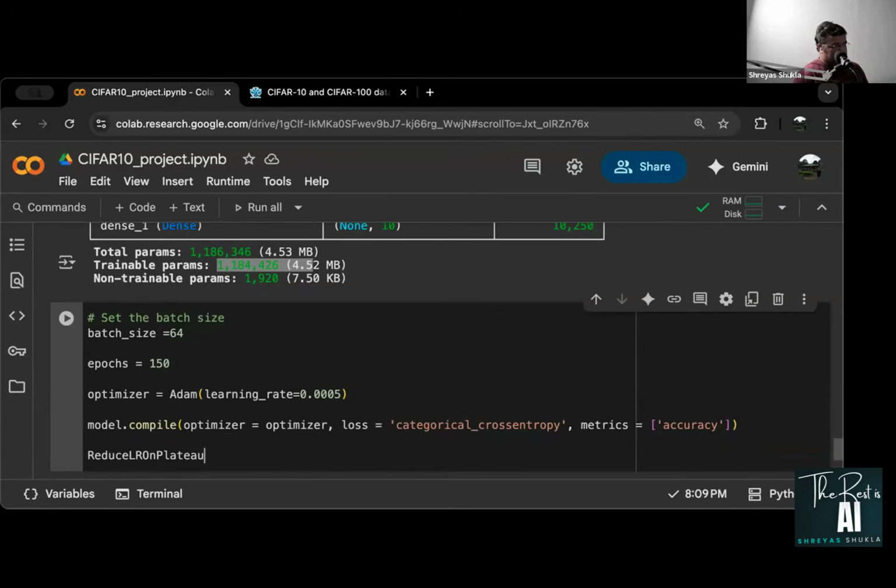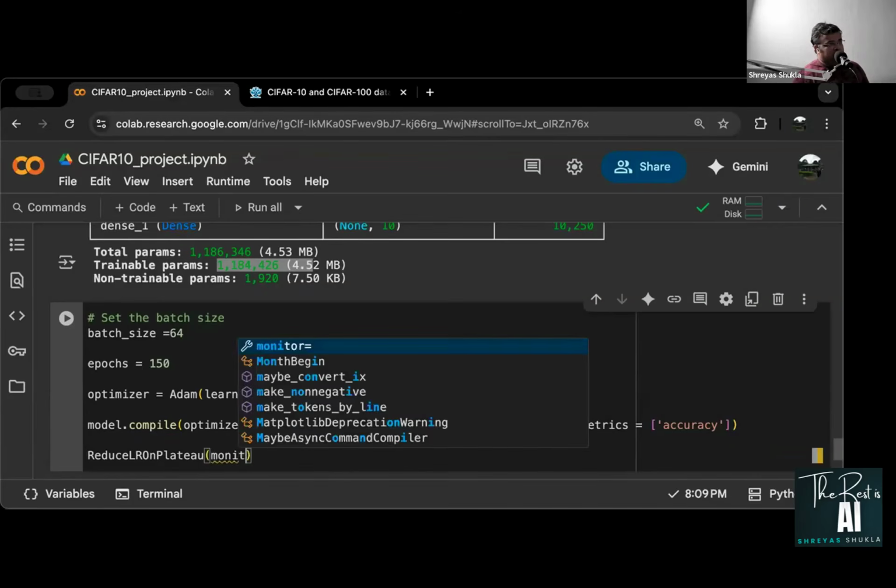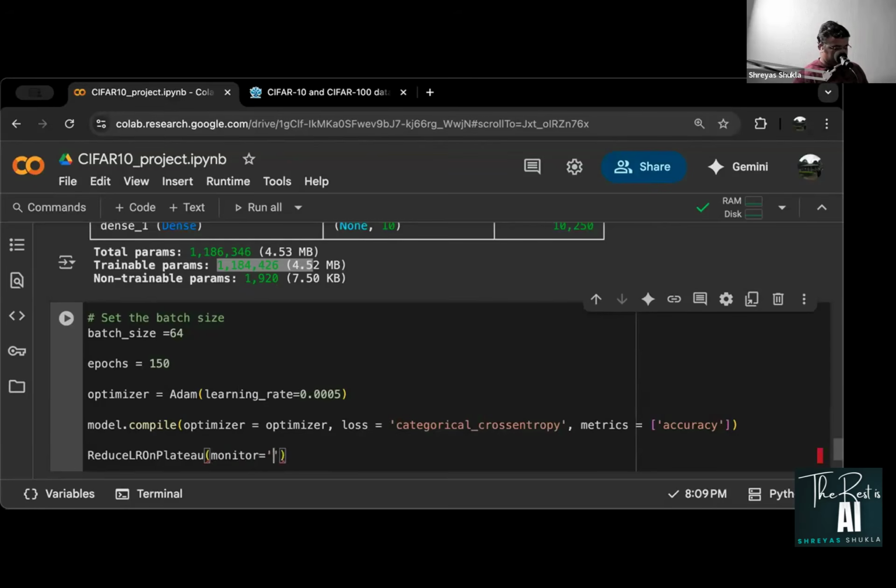So I'll say ReduceLROnPlateau, monitor validation loss, factor is equal to 0.5, patience is 10, again 10 consecutive epochs, and minimum learning rate is